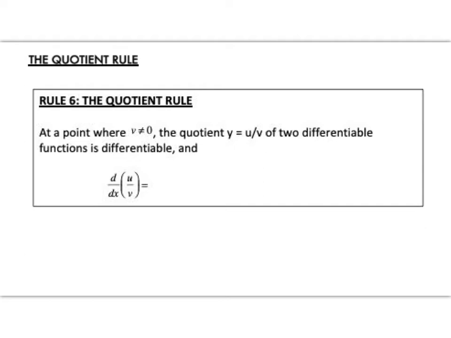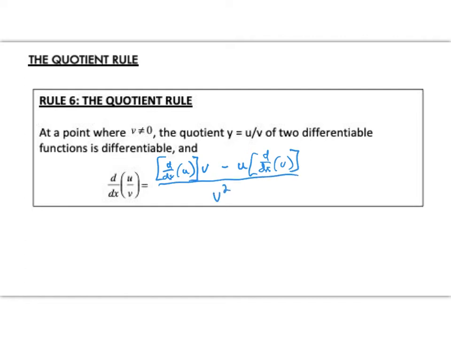But I'm going to go ahead and speed up the derivation and tell you that this is going to be the derivative with respect to x of u times v minus u, let me put that in brackets there, times the derivative with respect to x of v, and then this is all going to be